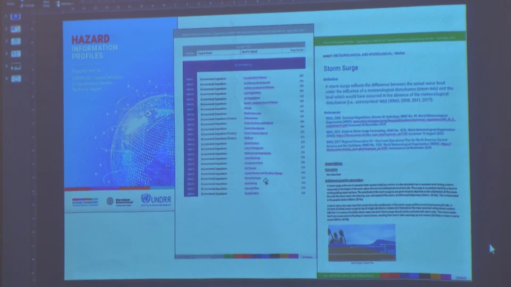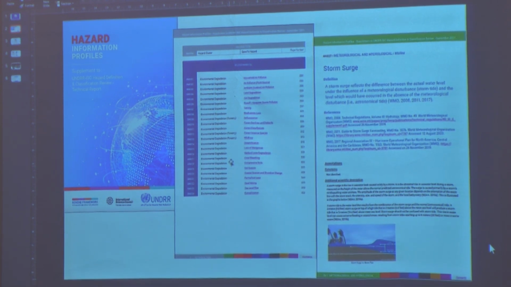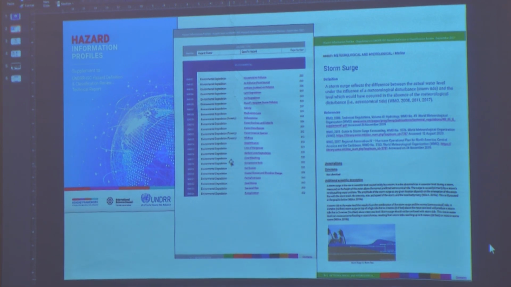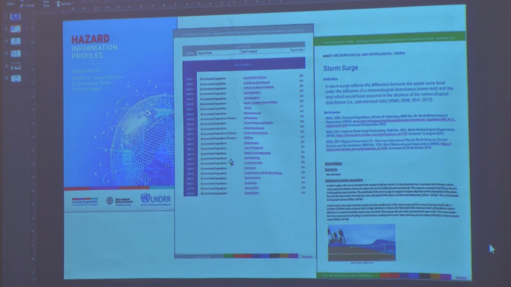The DRIP certainly is an attempt, a very good attempt, and a very good product that will make that risk information more readily available. Where our work complements what's going on in Bangladesh is that we're trying to organize the risk information according to a standard risk taxonomy. The International Science Council last year, as approved by the General Assembly, agreed on a hazard definition and classification. I've just put on the screen an overview. The classification covers around 302 various types of hazards. Could be societal hazards, could be technological hazards around industrial spills, could be environmental hazards, as I put on the screen.